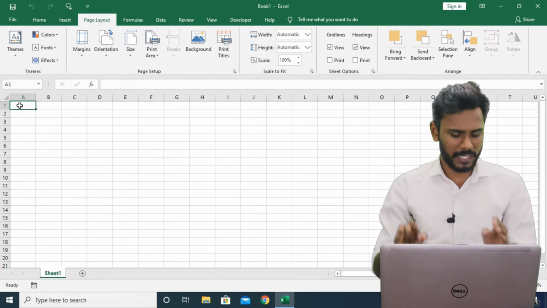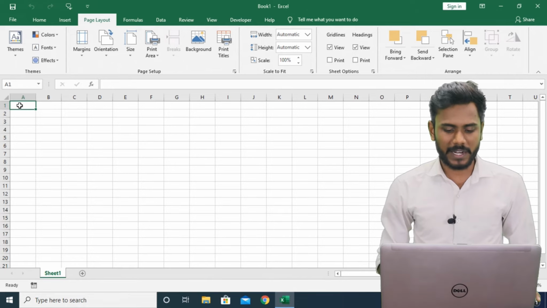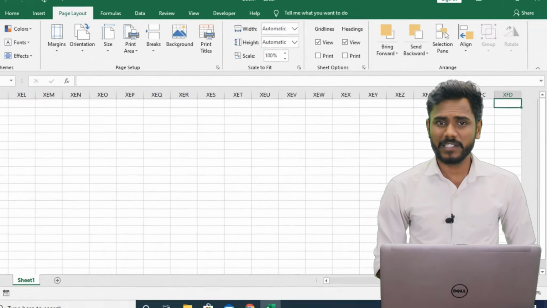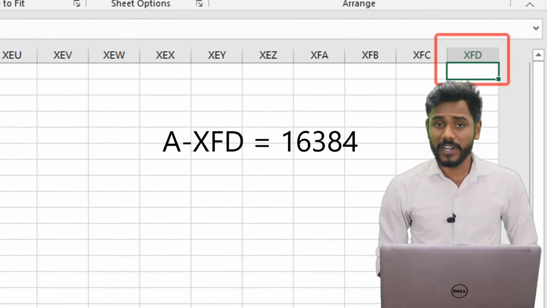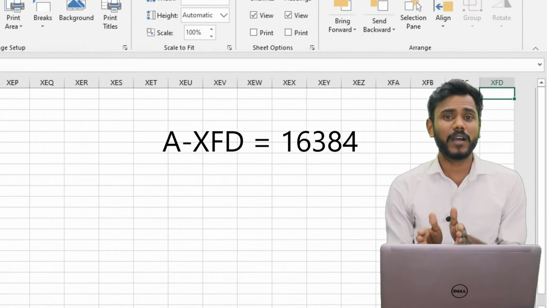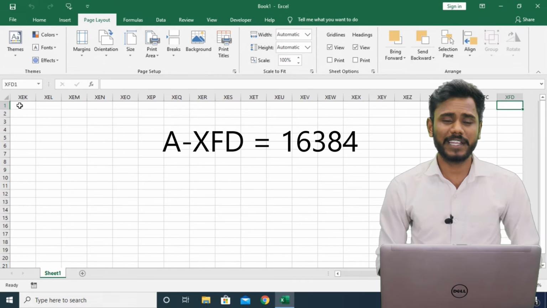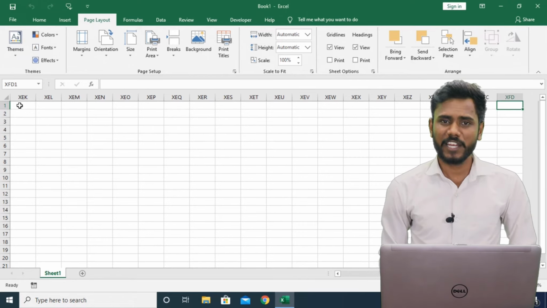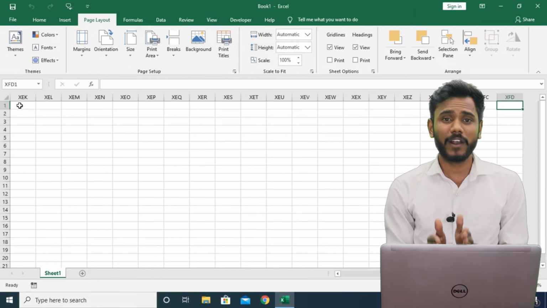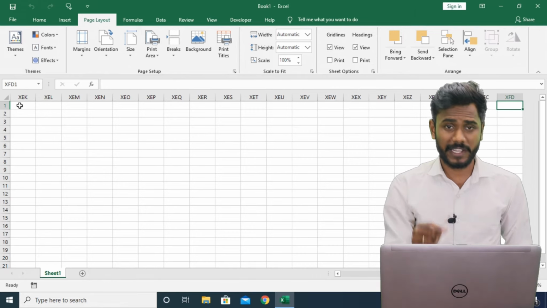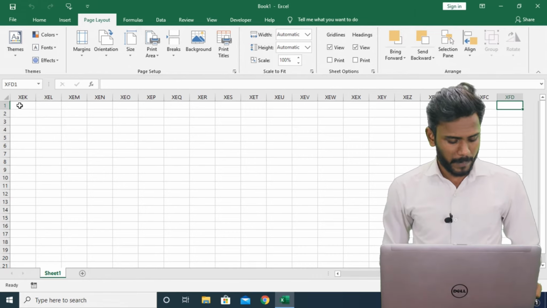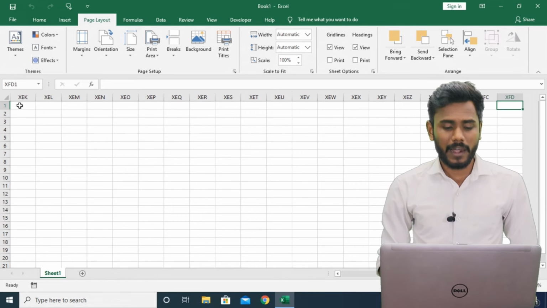If you want to know that, simply type Control plus right arrow and the last column is XFD. So the total number of columns available in a single sheet is 16,384. I repeat, 16,384 is the total number of columns in a single sheet. To come back to the first column, press Control plus left arrow.